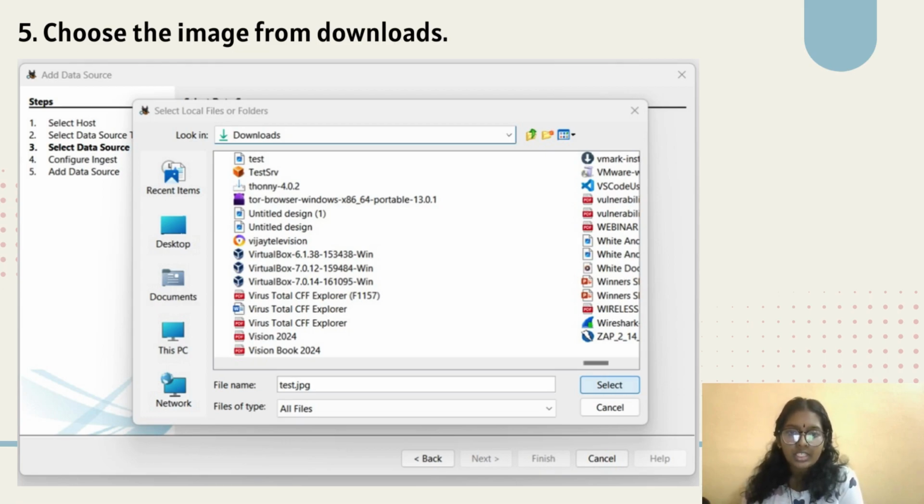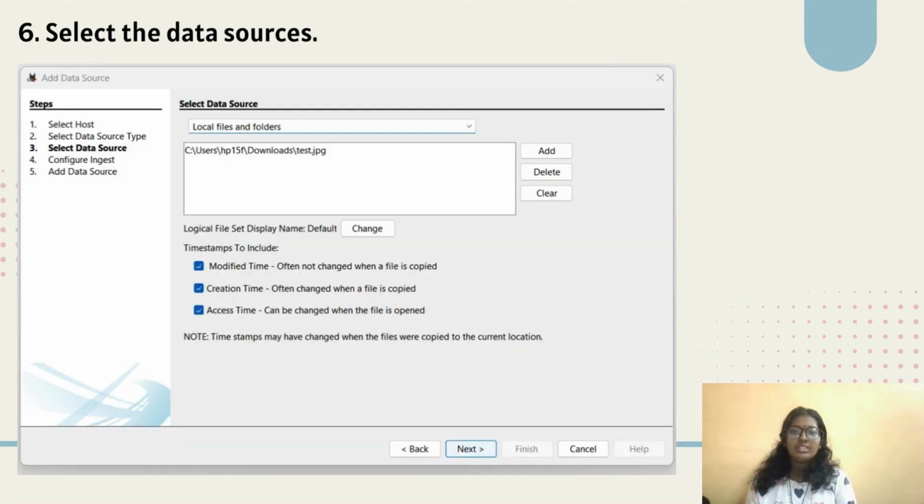I have saved it as test. Once we select it, we click select, then next. Once we have chosen the file we are going to examine, we can also edit the timestamps to include, which are modify time, creation time, and access time. We just click on the tick box and click next.